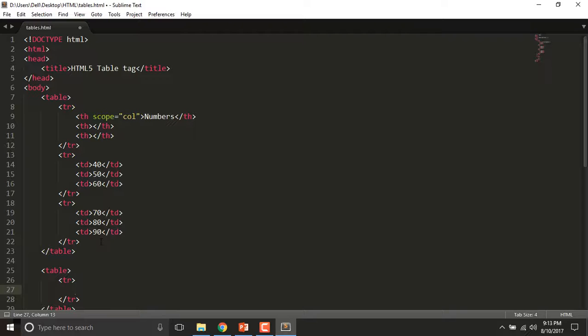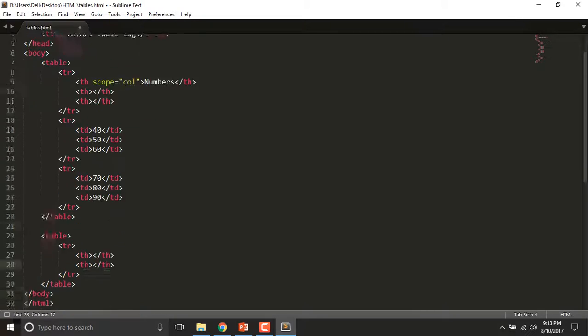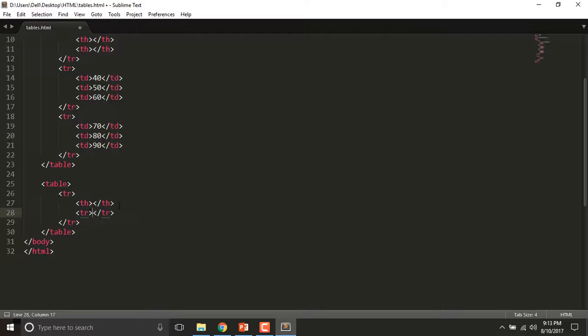Table, tr, th, empty for now. Tr, I am going to make a timetable that refers to periods going long after 9 a.m., 10 a.m., 11 a.m., and so on. Like I'm going to write here 9 a.m. Below this, I just copied and pasted the elements for 11 and 12 a.m. Okay, right now I want to write another table row,